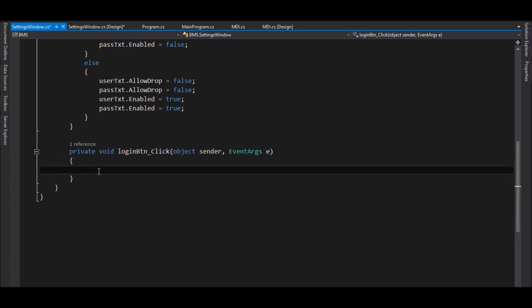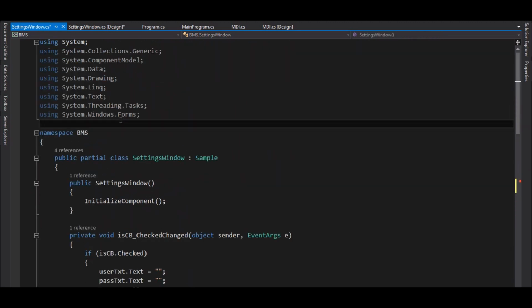But okay, now what you can do, the first thing that you can do is to check the controls, whether the controls are validating or not. So I have already done that also. So how can you do that? For that purpose, you have to add the setting module. So using settings,